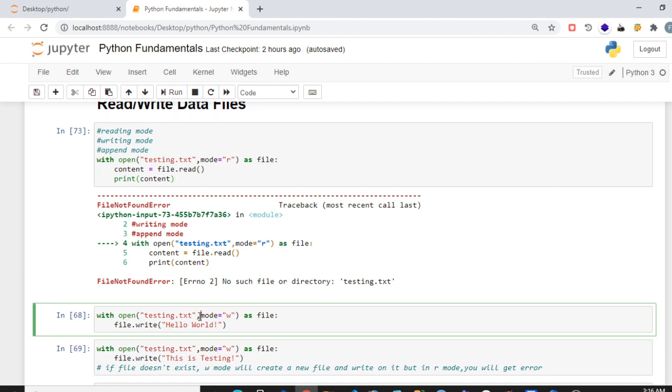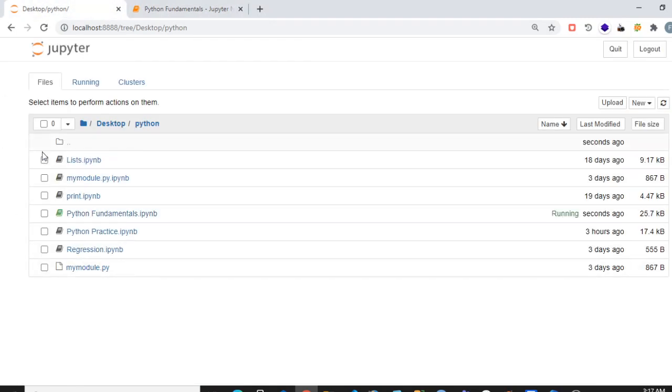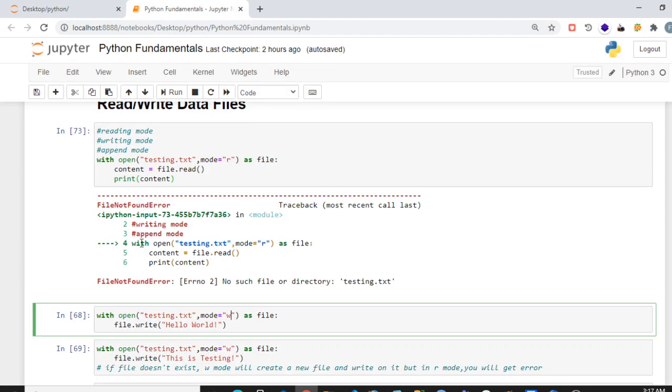Then we have write mode. Write mode is used to write anything on the file, and write mode will automatically create the file if it doesn't exist. Currently, I can show you the folder where I am using this. In this folder you can see no file exists with the name testing.txt.